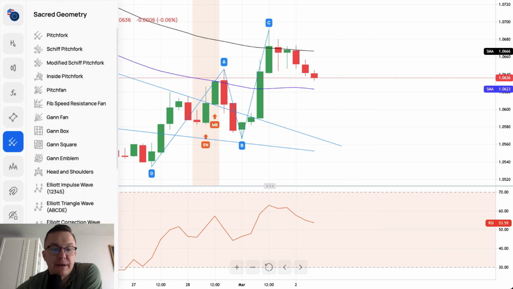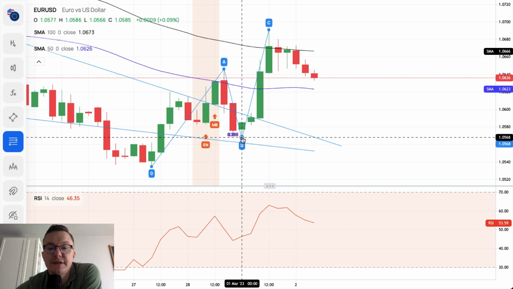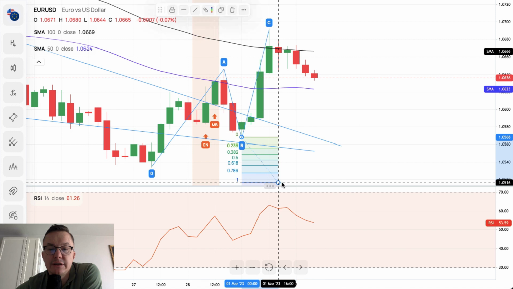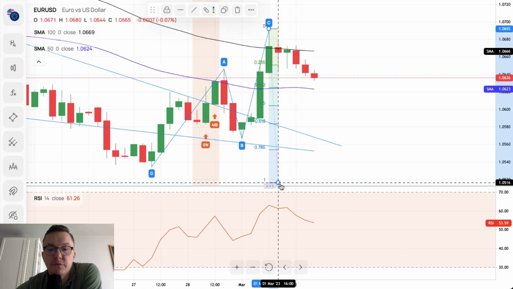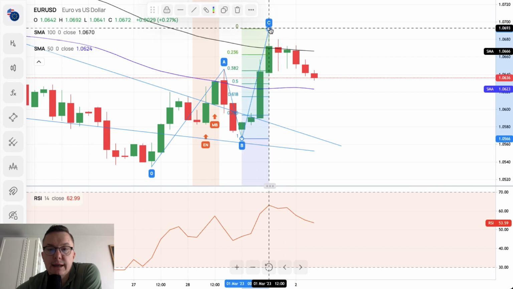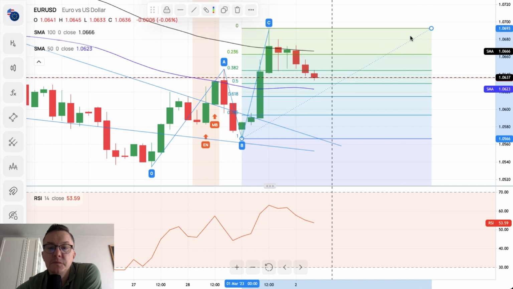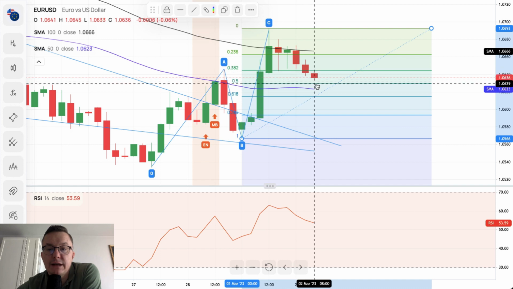If we place the Fibonacci retracement level on the wave C, for example, on the other way around, we can clearly see that we already retraced some movement. Let's take a look here. Okay, and right now we retraced 38%, violated. We are now approaching 50%, 1.0629, and maybe even we will hit 61%,